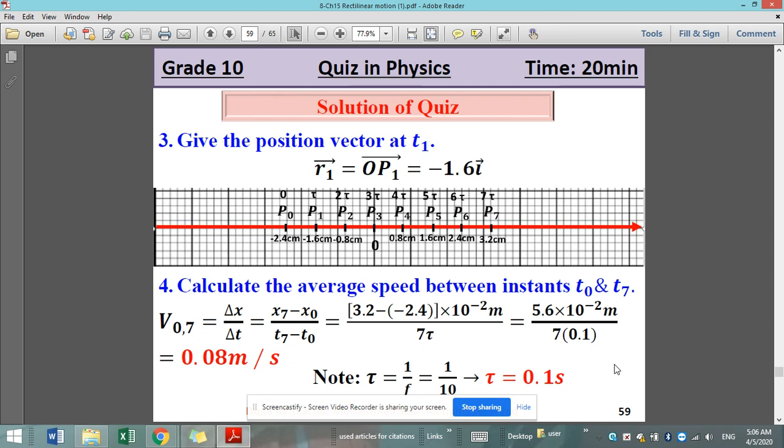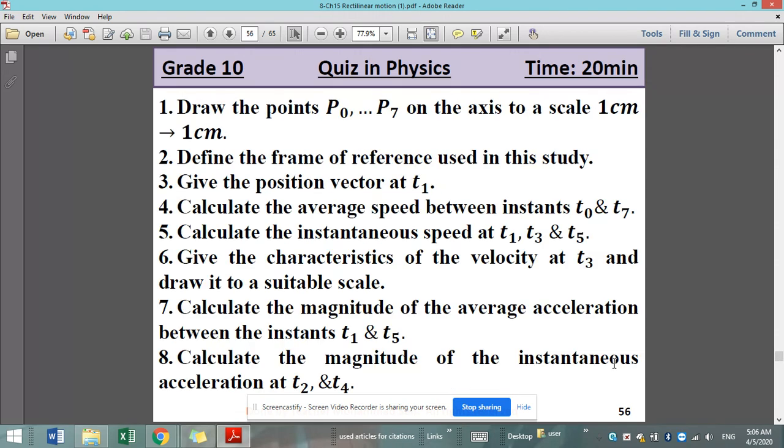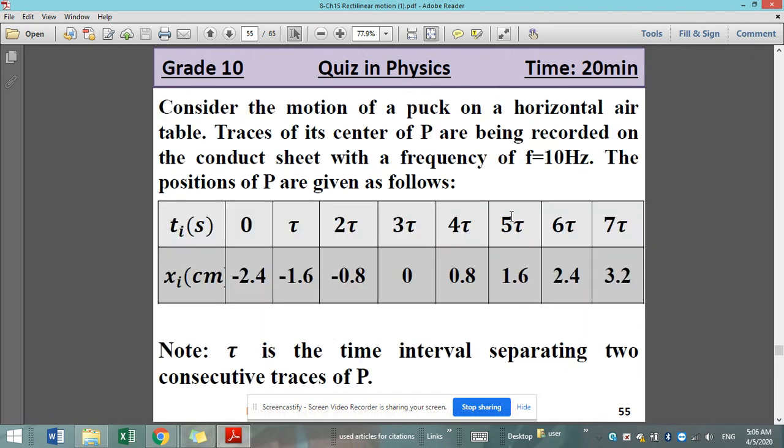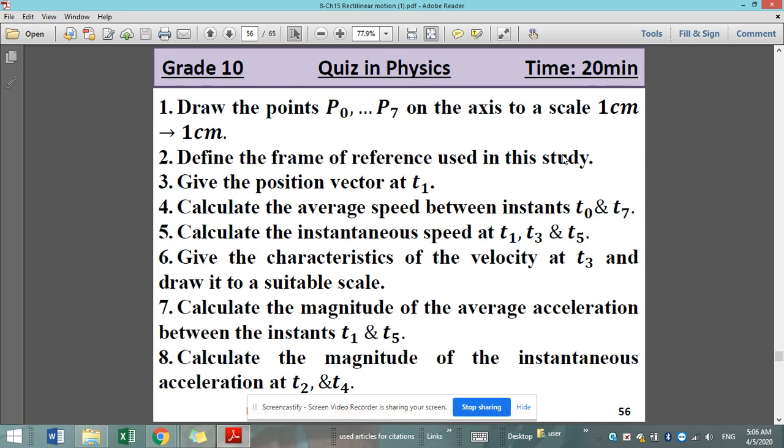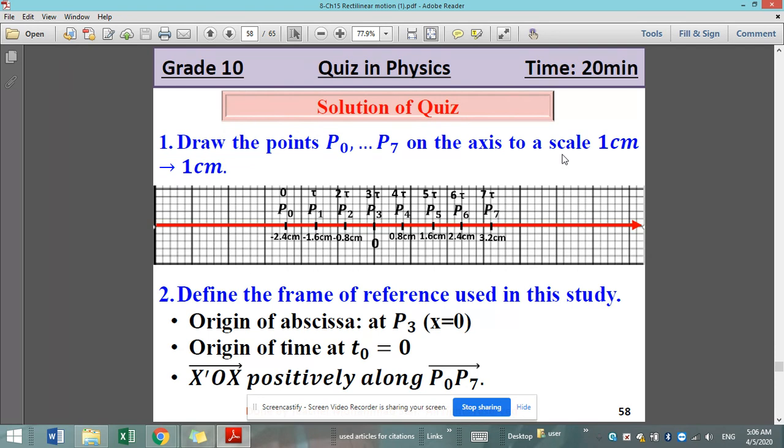Just asking where did we get the value of tau from. We were given that the frequency of this moving puck is 10 hertz, and tau actually is the period that you are acquainted with, accustomed to. So the period, the time needed for a motion to repeat itself, and we've been recording the position of the moving puck